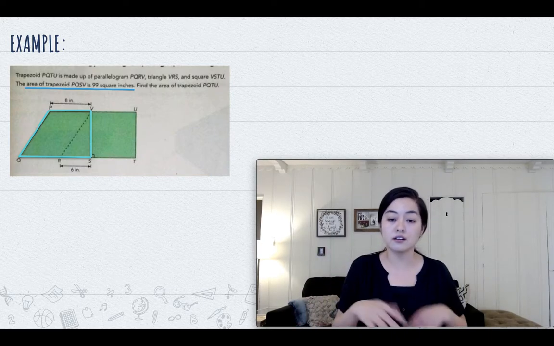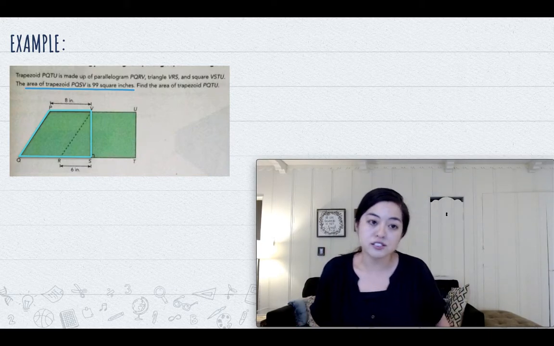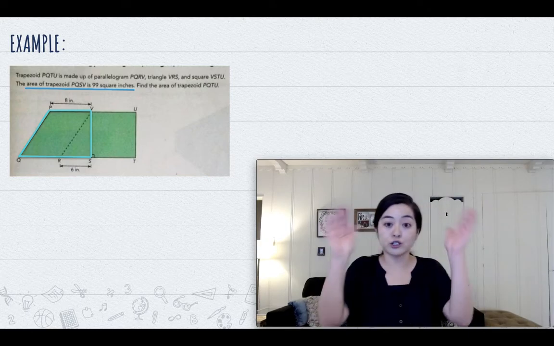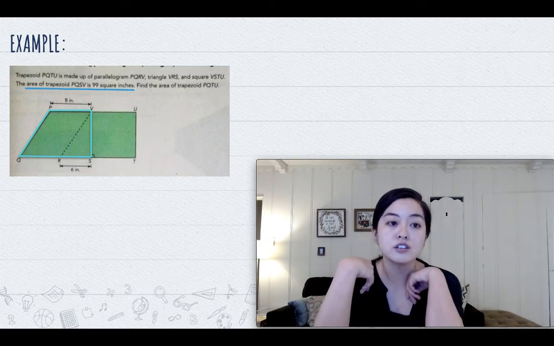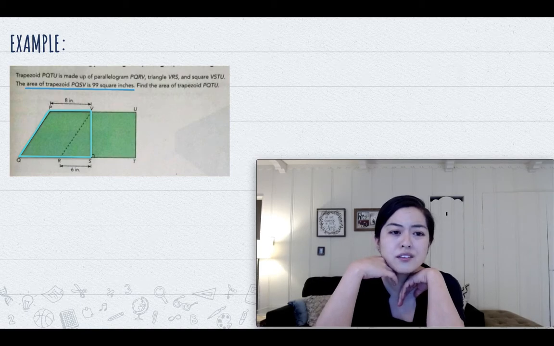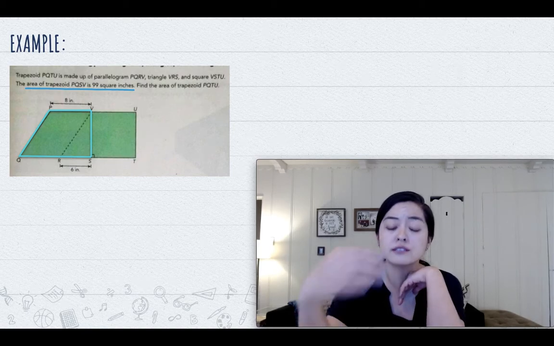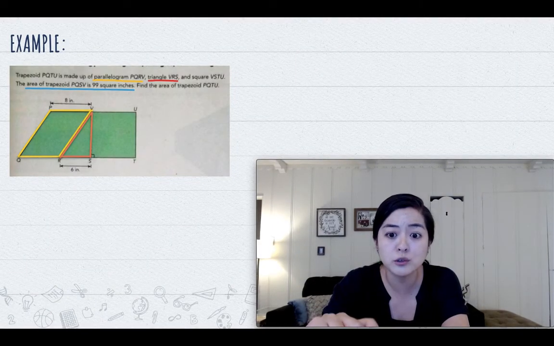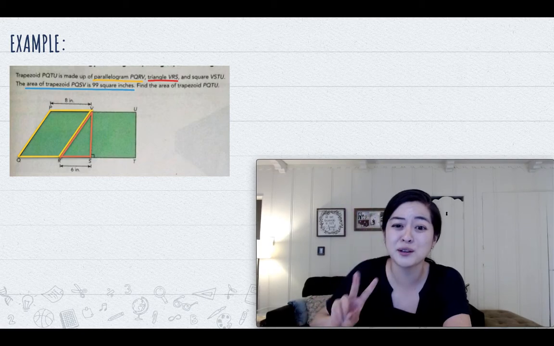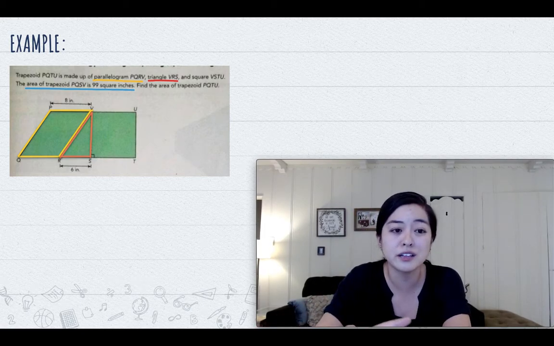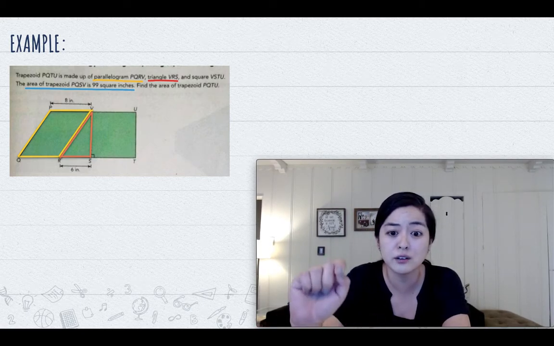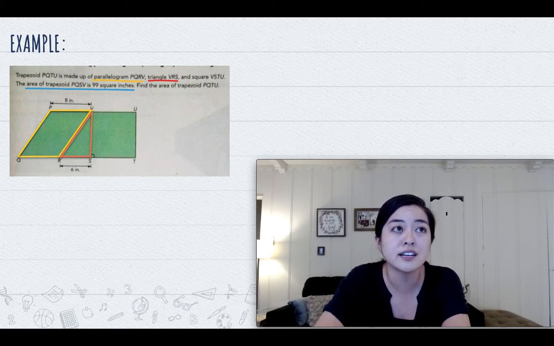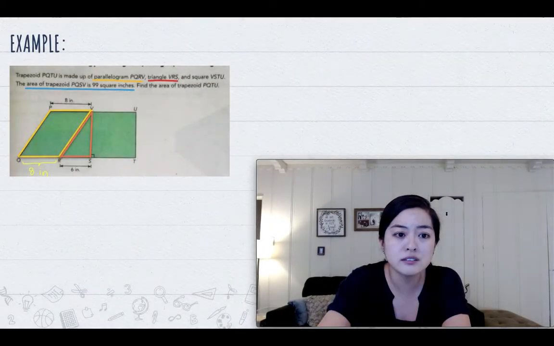We're just going to, again, review the shapes within this larger trapezoid, okay? So we have a smaller trapezoid there, and the area is 99 square inches. Now, again, that smaller trapezoid is made up of 2 polygons. You see how there's a parallelogram, PQRV, and I outlined it in yellow. And there's also a triangle, VRS, and I outlined it in red. Okay. Now, notice here